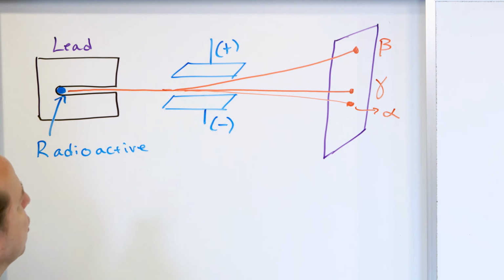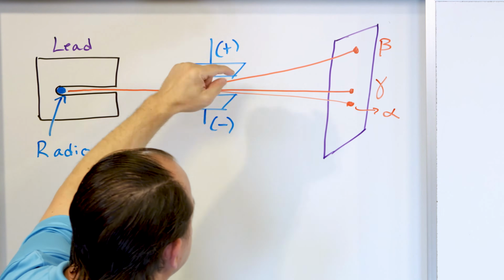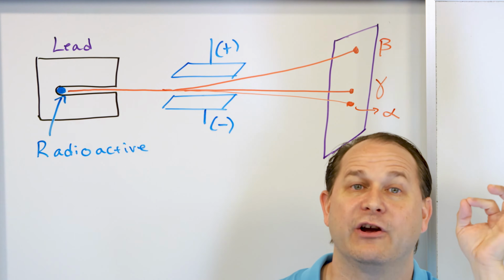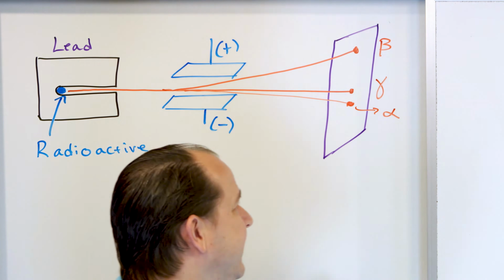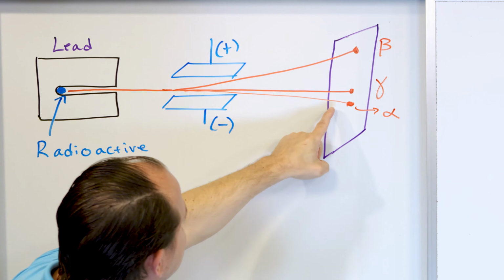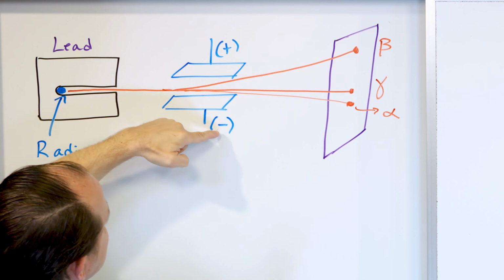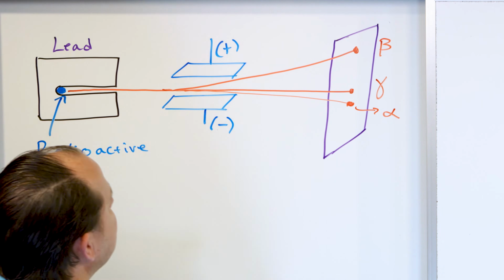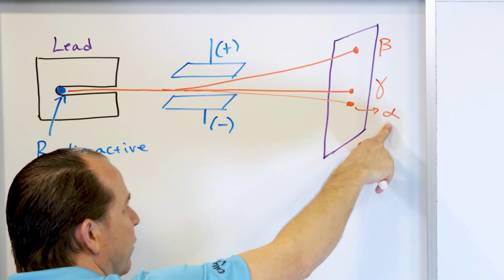We call those the beta particles. And whatever the beta particles are, they must be negative particles because they're attracted to the positive plate. Remember, opposite charges attract. So it must be a negative particle that goes up like this. And then whatever this particle is down here must have a positive charge because it's bent down and attracted here. So positive would be attracted to negative, and it lands over here. So we know that this must be a negative particle, this must be a positive particle,